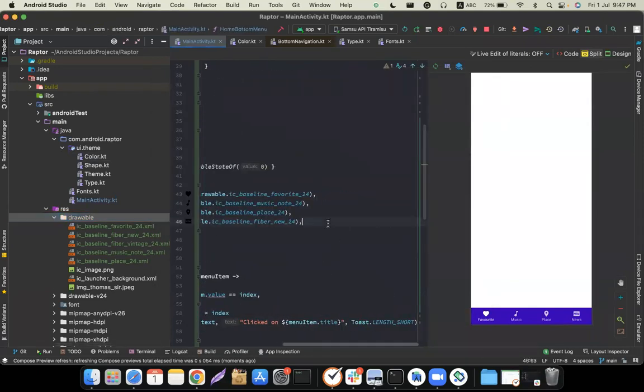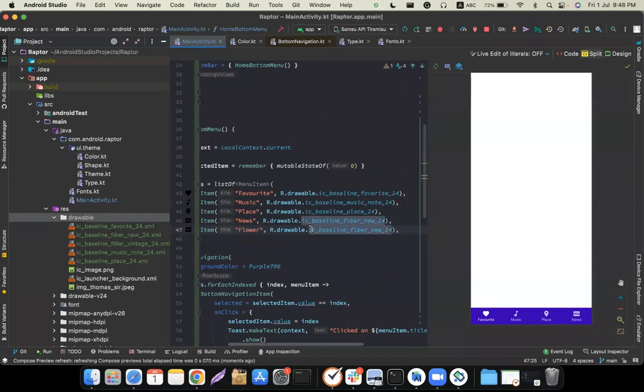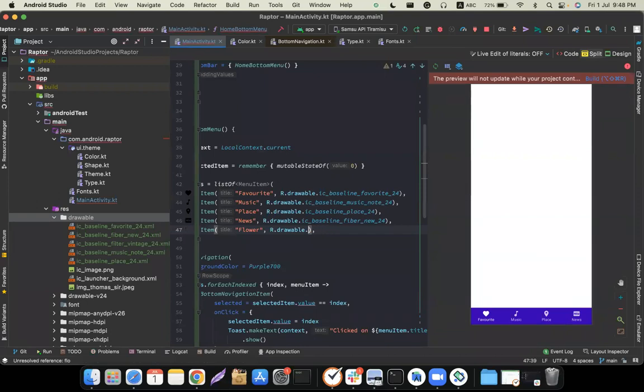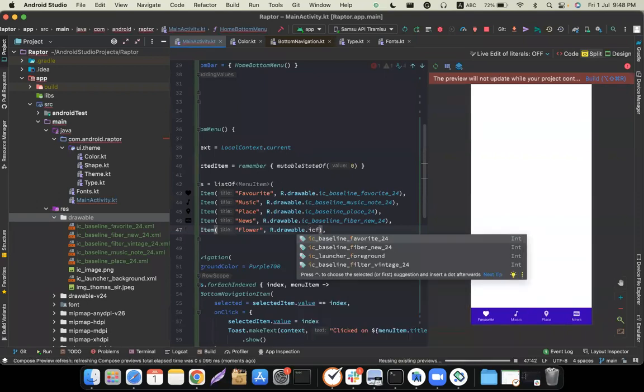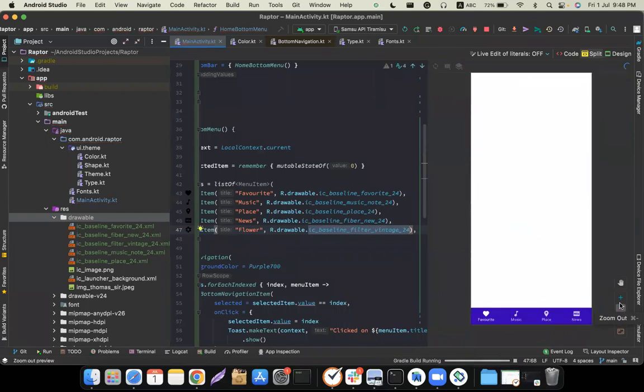After that you have to duplicate the line, adding some menu item. So this will be like a flower. So if you change the icon of the flower, I see it's the vintage. Okay, so if you reload this, then you should be able to see the 5 items. Yeah, here you can see the 5 items. So if I run this,